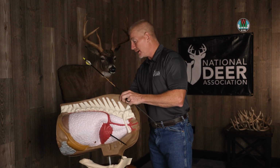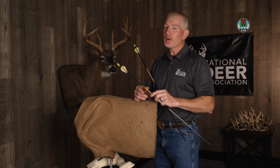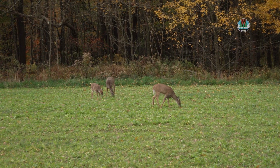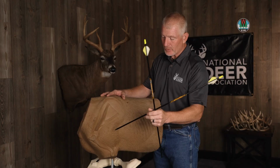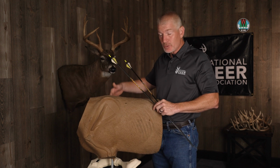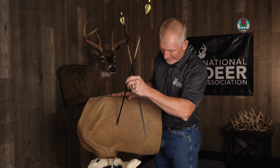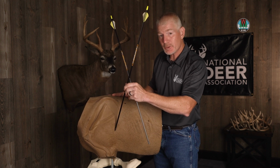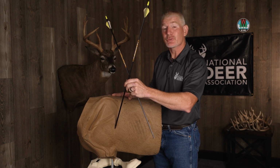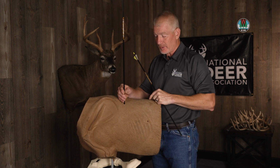The last archery shot that I want to describe comes from a tree stand. A lot of hunters are hunting from elevated positions. If the deer is out from you, say 20 to 30 yards, your aiming point will be where we discussed earlier. However, if the deer is in close to you and you are above it and the angle is steep down to it, way too many people aim too low on the deer's body. And we are going to end up with one lung, but it's not going to get both. So if that deer is in tight, I'm going to encourage you to aim higher, somewhere in this area,